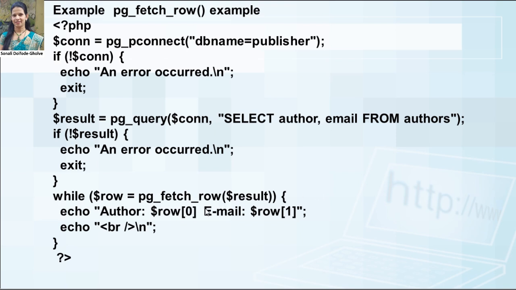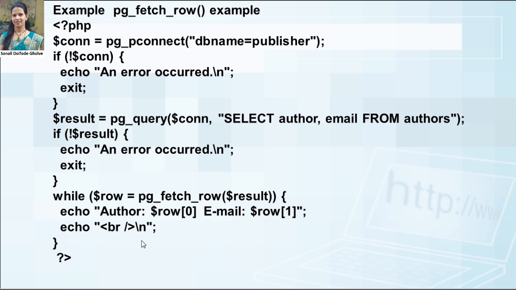Okay, and here we are accessing the result set. We are accessing the row from the result set. Where is your result? Result is stored inside this. So what is inside the result? The select author, email from author. This whole data is inside the result. So we are selecting the row from this result set. So you will give the author equals to the row of 0, email, row of 1, and the end of